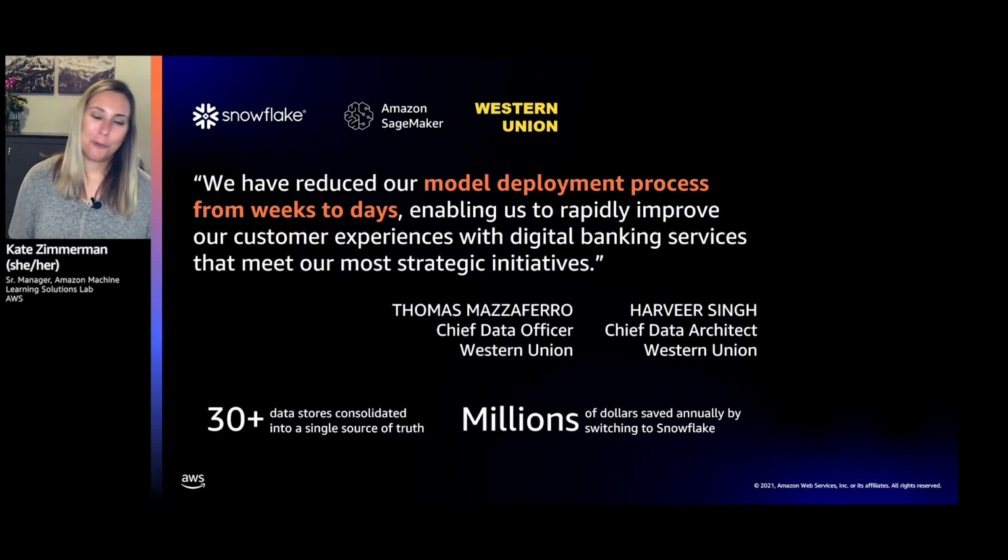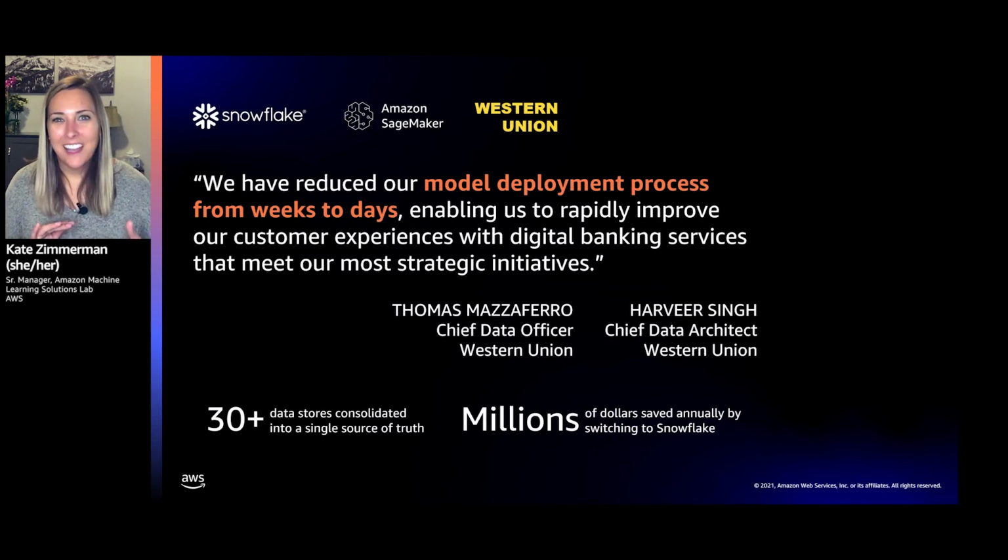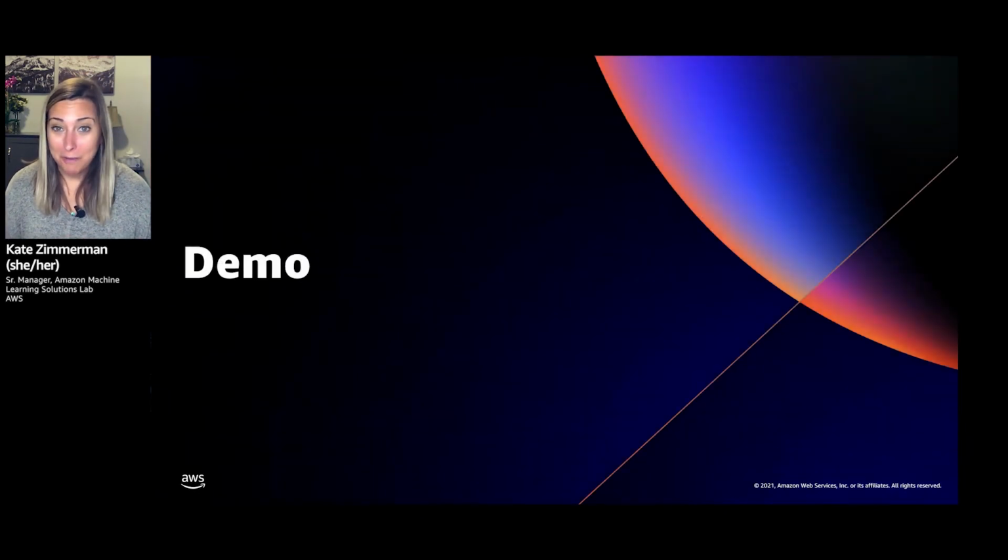But before I belabor the point, I want to switch to the demo and actually show you a lot of what I've been talking about this whole time, and really hit home just how easy this is to use, and how robust the training process is. We're going to train hundreds of models here with just a click of a button. So with that, I'm going to pivot to the demo.